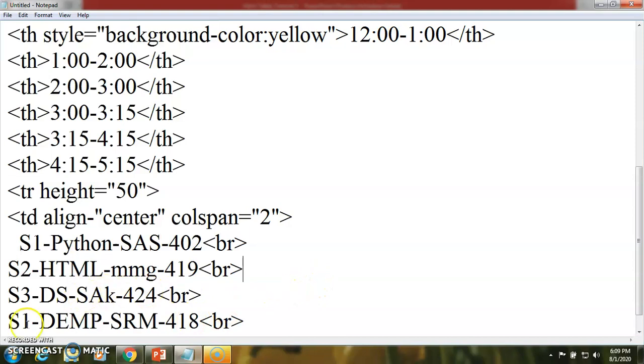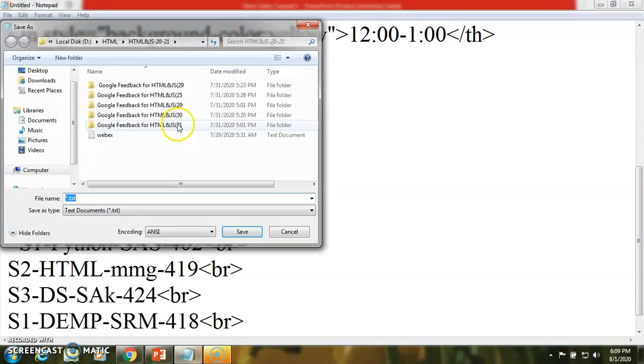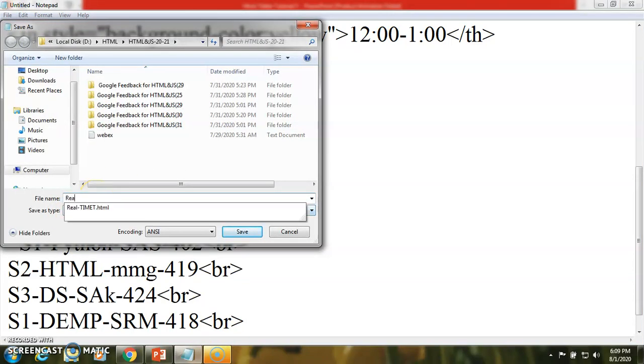So this is table creation. In this way we are going to add the number of rows and columns and the actual data into the table. So let us see how many rows and columns are going to be added here.